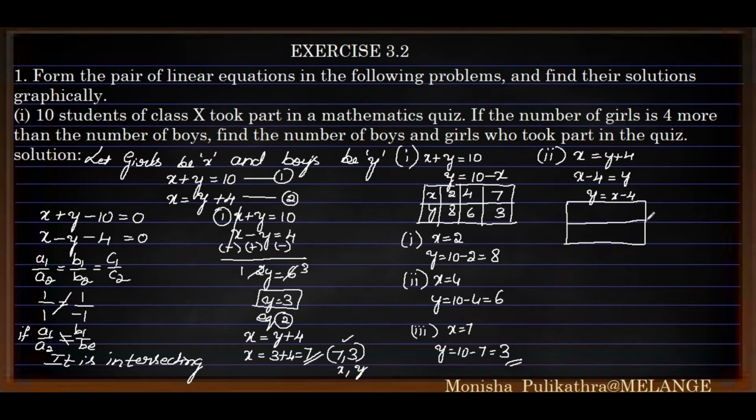So next we need to draw a box for substituting the values of x and y. The first point I will be taking 4 itself. If I take less than 4, negative numbers will come. So in order to avoid it, I will be taking directly 4. So first substitution is x is equal to 4. Then y will become 4 minus 4 is equal to 0. When x is 4, y is 0.